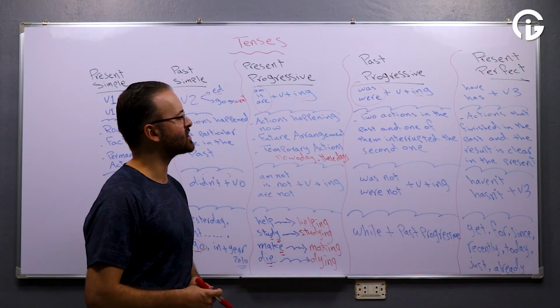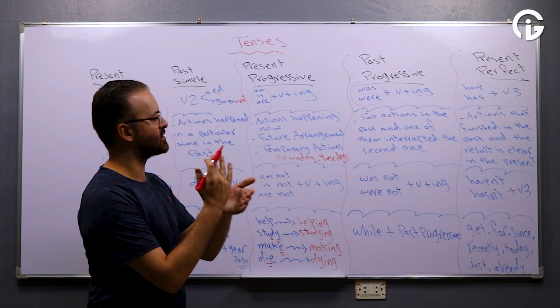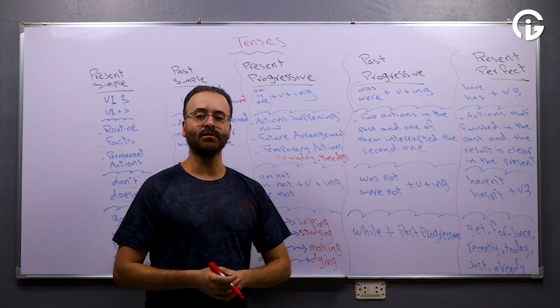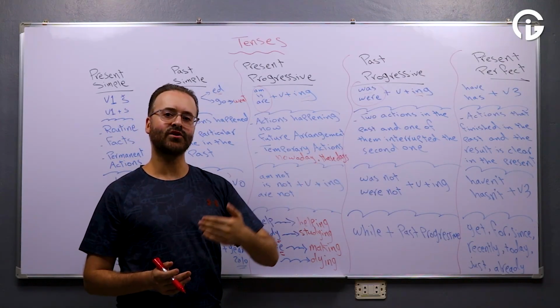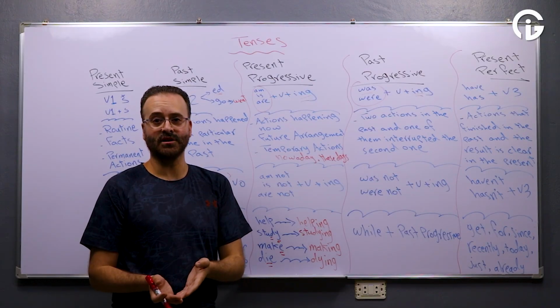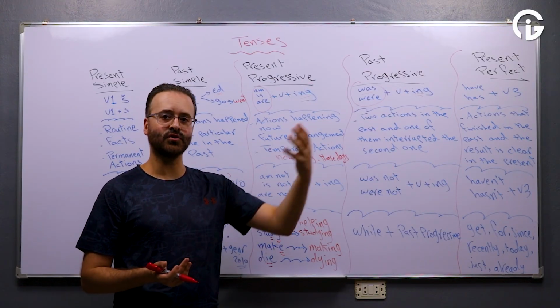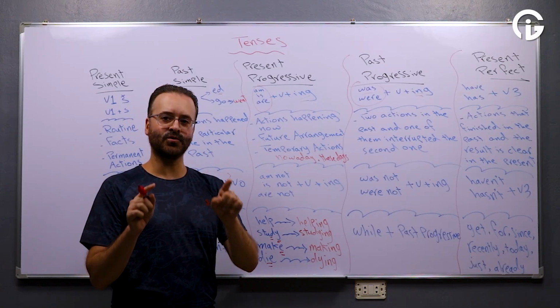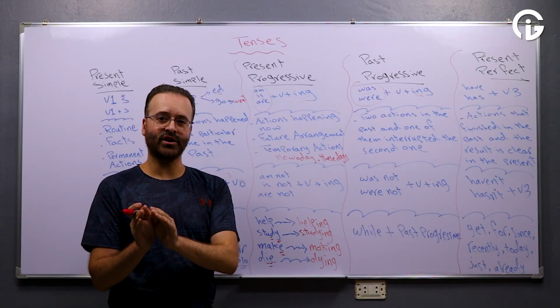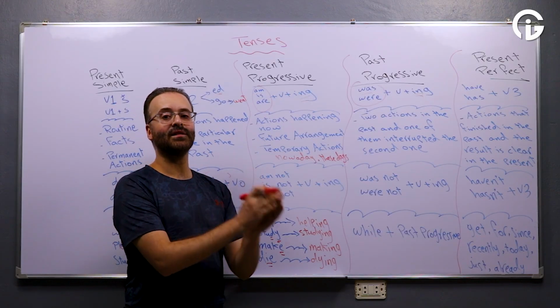Two actions in the past and one of them interrupted the second one. For example, I was studying when my mother arrived. I was studying English when my mother arrived. قدوم أمي قطع دراستي. So here we must put one verb in the past progressive and the second one in